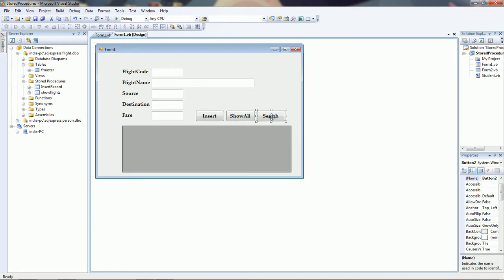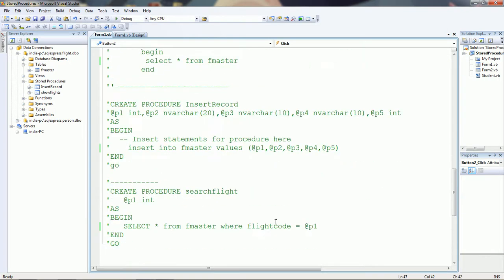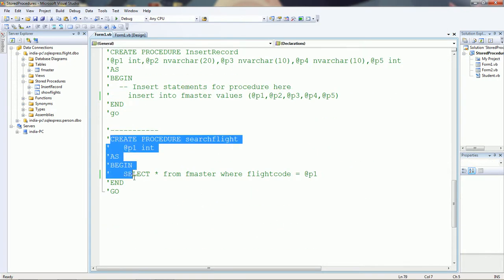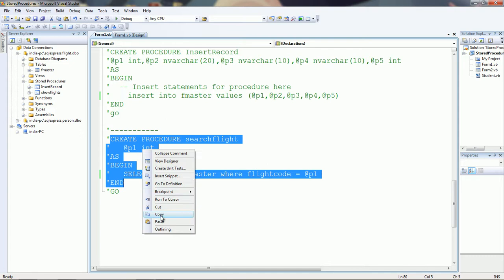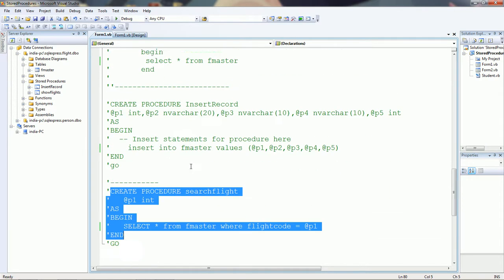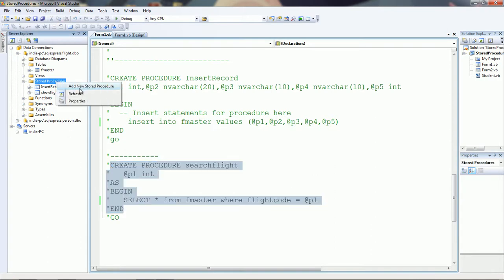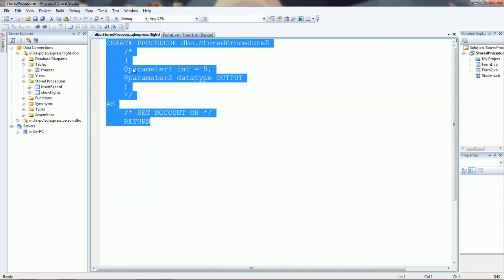Then let us see one more procedure, for searching. Enter the flight code to be searched. But before that, you have to create the procedure search flight. Now let us create the procedure first. It is better to write a procedure one by one, word by word like this, but you can also use copy paste. Now one more procedure is search record.